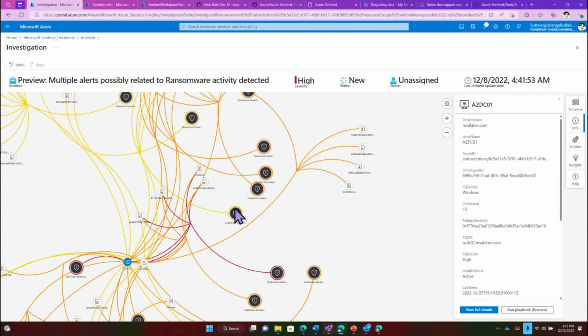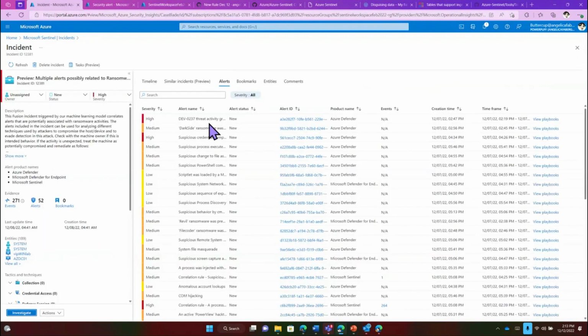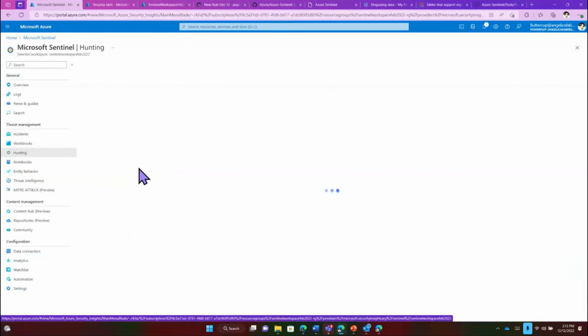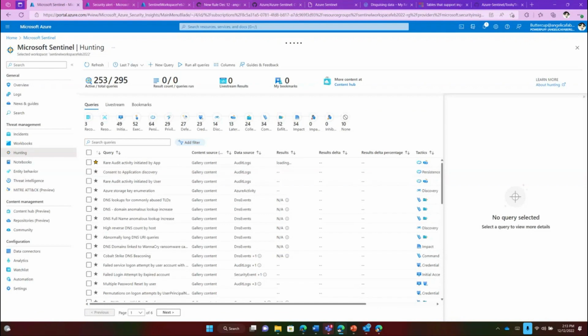But the idea is that you're going to be able to bookmark certain rows that are retrieved, and then you can use them for further investigations while you're hunting. So the area where you would be able to use them would be here within hunting. Actually, while I'm here, maybe I'll spend some time on this. Let me make sure that I cover everything related that I had planned to cover for Fusion. I did. Okay. So while I'm here, I wanted to show you some of the things that you can do